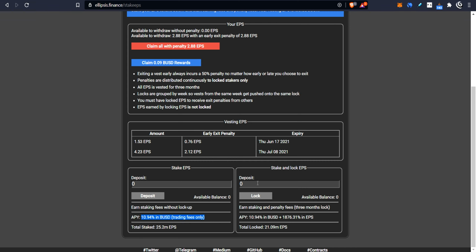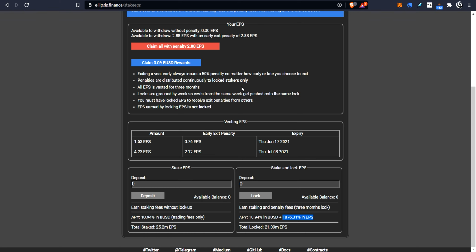Now, if you stake and lock your EPS tokens for 3 months, then you're going to gain that same share of the trading fees, plus you're going to gain these EPS tokens. Now, 1,800% is quite a bit. I don't know if this is coming from any minting of these EPS tokens or whether this is purely based on these penalties. I suspect that the penalties do play a large role in this